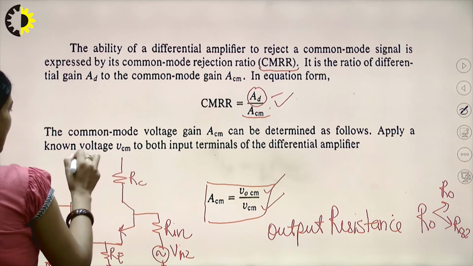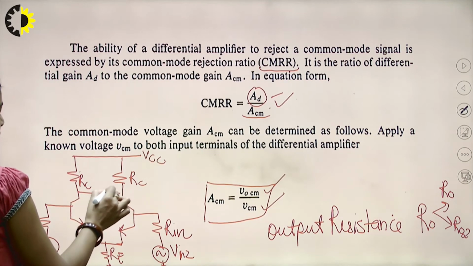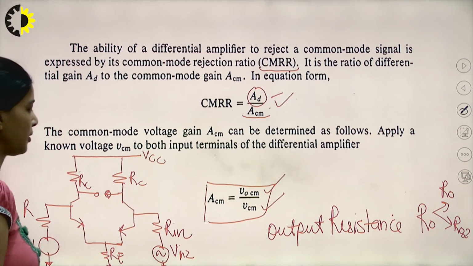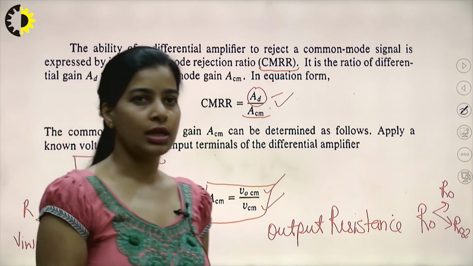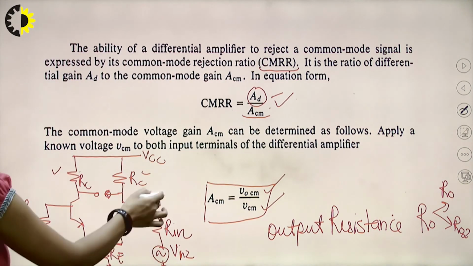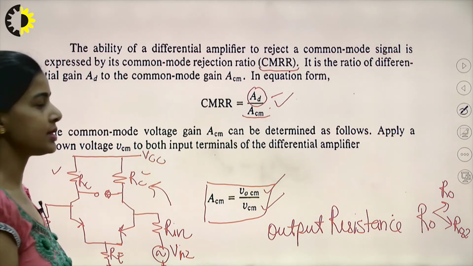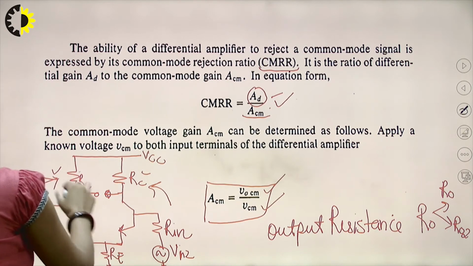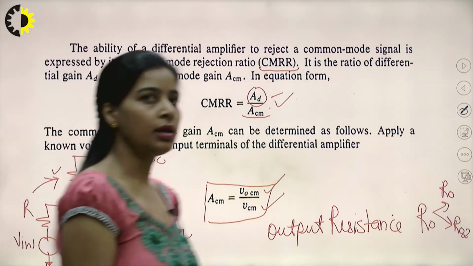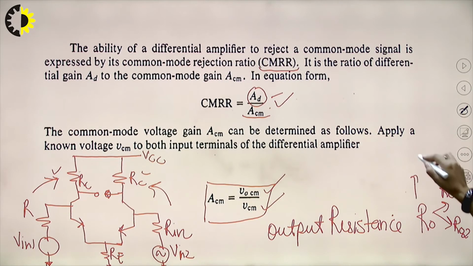So, devices are identical and we are measuring output between the two collectors. So, two BJTs are identical BJTs. The resistances that are connected here, RC and RC, are same. So, when we look from the right side, the output resistance will be RC, and from the left side also the resistance that we will find as output resistance of this amplifier will be RC. So, this output resistance value will be RC for this dual input balanced output configuration.